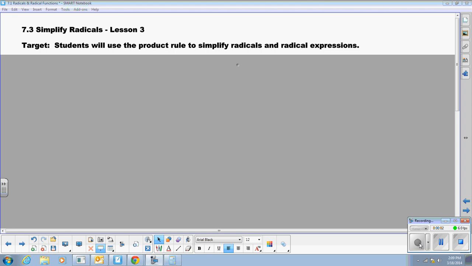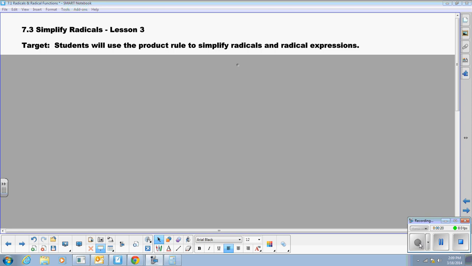All right, our third lesson on simplifying radicals is actually just using the product rule again, and we're going to simplify radicals that have numbers on the inside, and we're going to look for what we call perfect factors. So we're looking for a perfect square, perfect cube, or perfect fourth, and we're going to simplify those as far